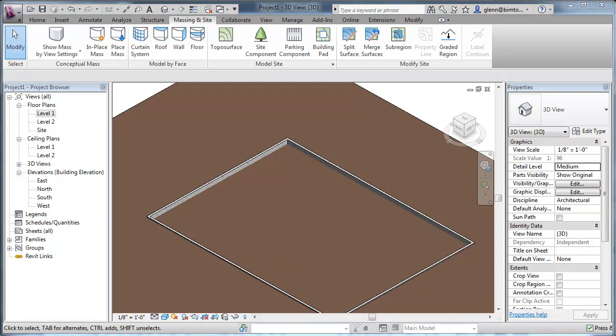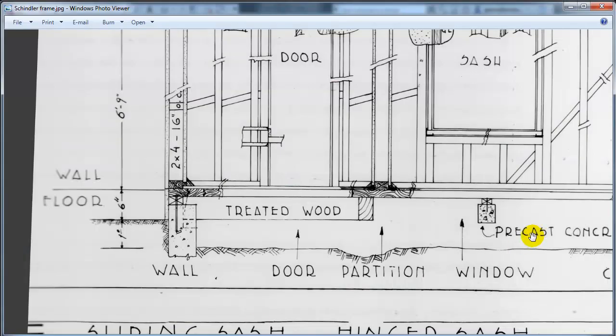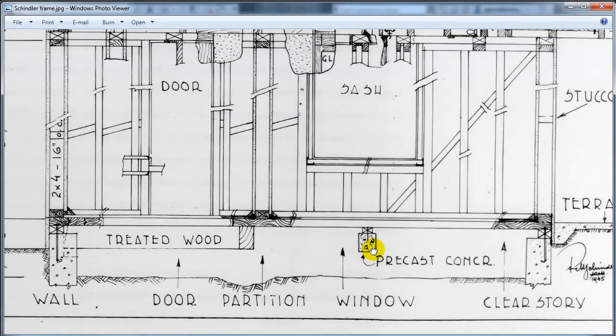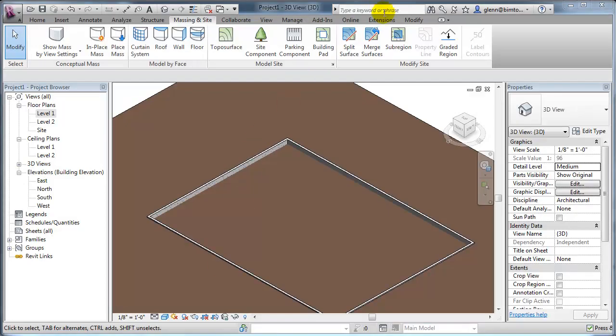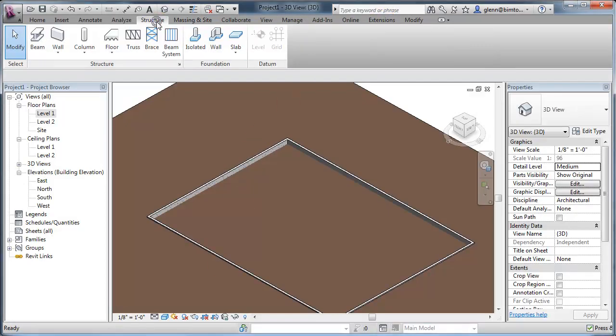Okay, let's go ahead and also consider that other case, not just the exterior foundation, because Schindler had a detail for that too. It's that case where we have that precast concrete beam, something about 6 inches by 8 inches, something like that. So let's go ahead and put one of those in there too, just so we can illustrate that case. If I switch myself back over to Revit,